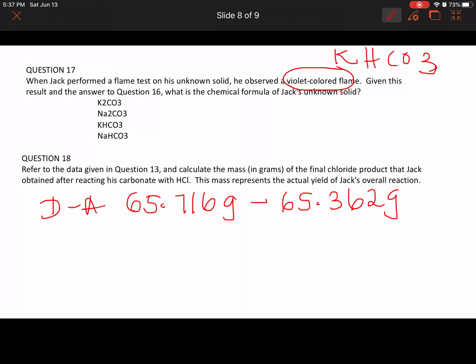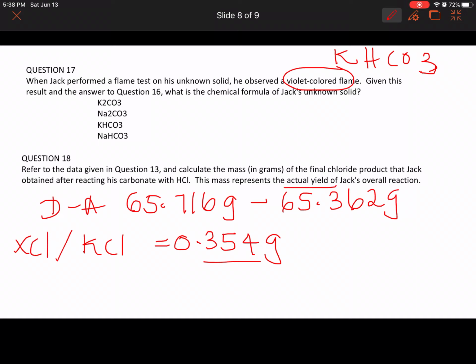So 65.716 minus 65.362 equals 0.354 grams. That is the mass of potassium chloride. Since ours is a potassium, that's the potassium chloride, and this represents the actual yield, meaning when you perform the experiment, the amount of product that you made. Okay,